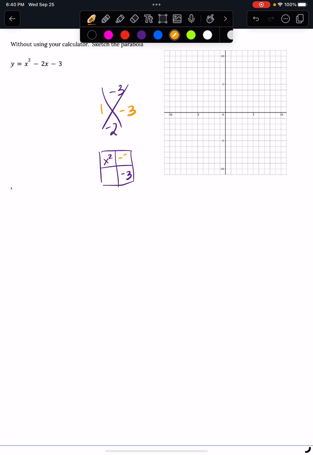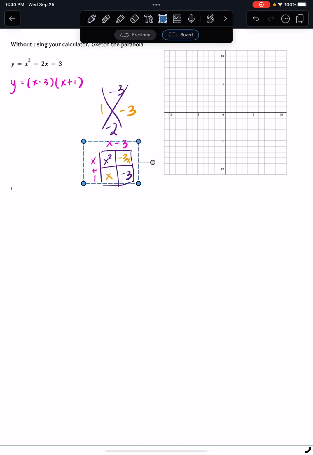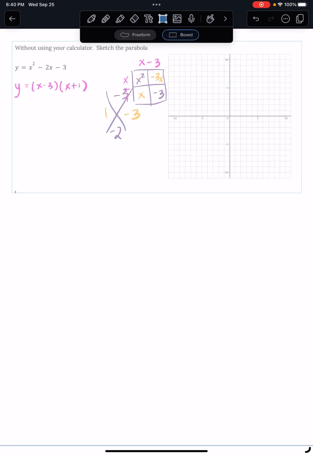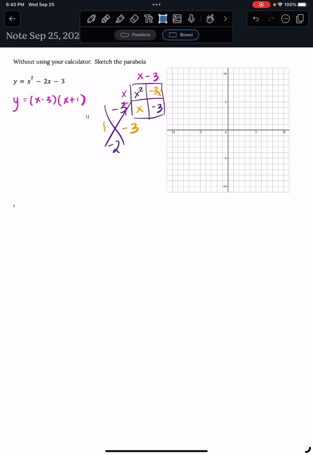So we're going to be left with -3x and positive x, so like 1x. All right, so this leaves us with the factors of x minus 3 and x plus 1. So I can rewrite this as y equals x minus 3 times x plus 1. All right, so I'm just going to move these two things near each other. Okay, great. So now